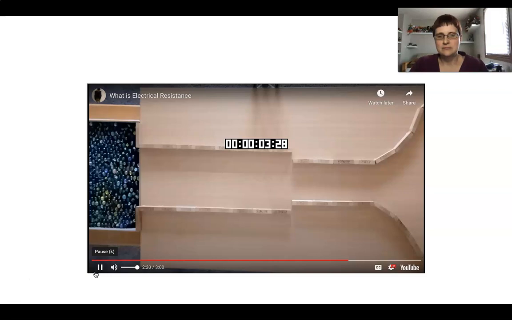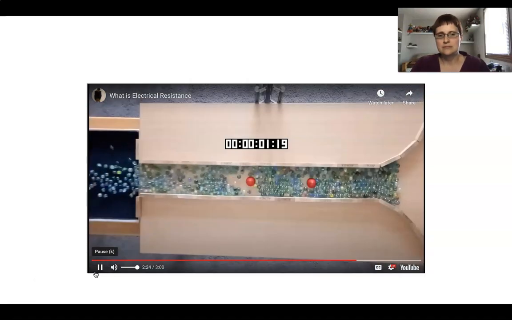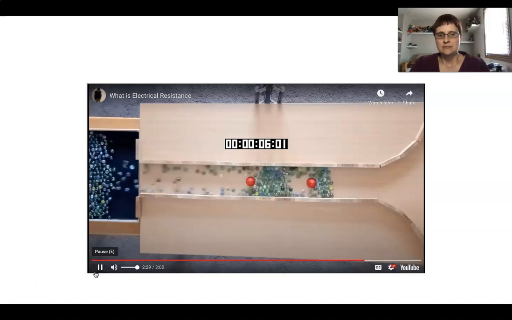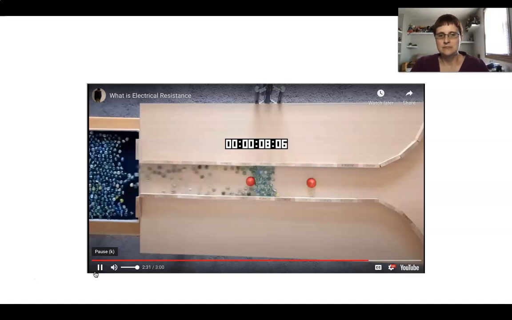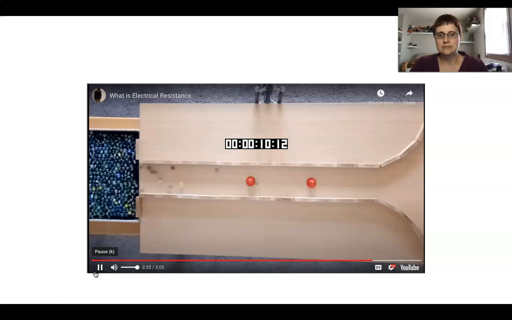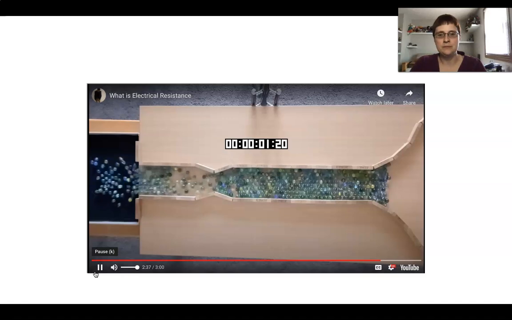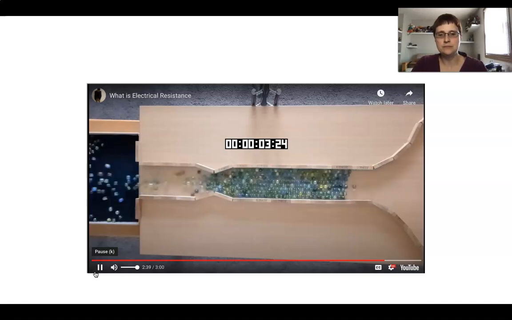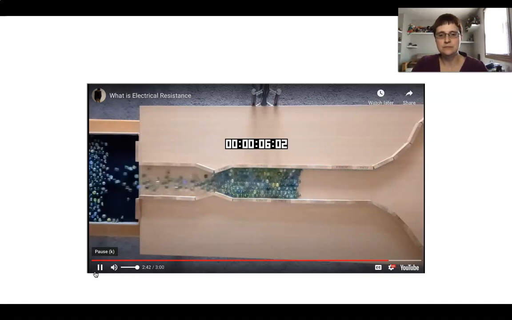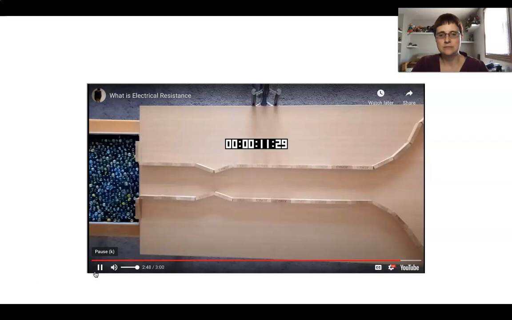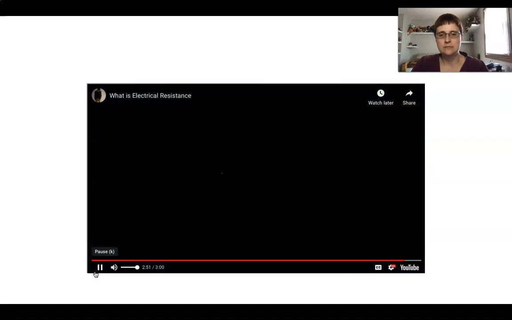Increasing the length of the wire simply means the electrons will collide with more obstructions. You can see here that the electrons at the back had to pass by 2 obstructions to reach the end, whereas the electrons at the front flowed through unobstructed. A resistor can be considered to be a wire with a known amount of resistance. Here, we have reduced the width of the wire in one spot, representing the presence of a resistor. The electrons took 11 seconds again, and you could see where the flow